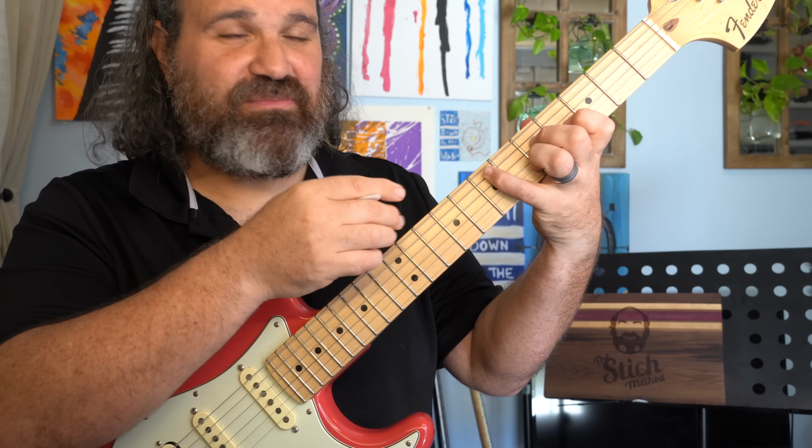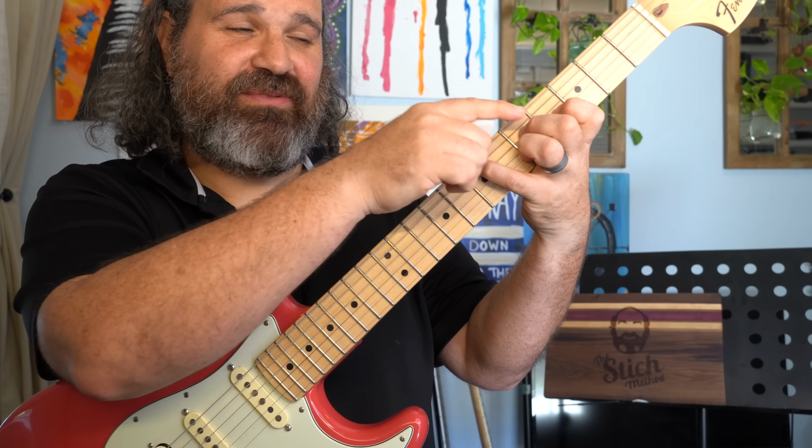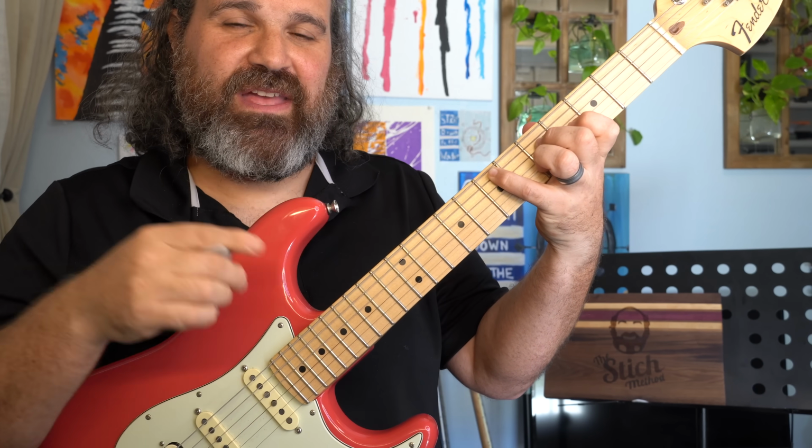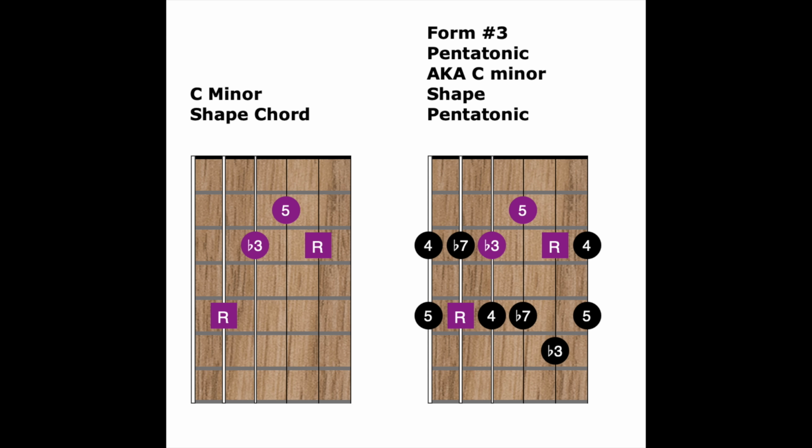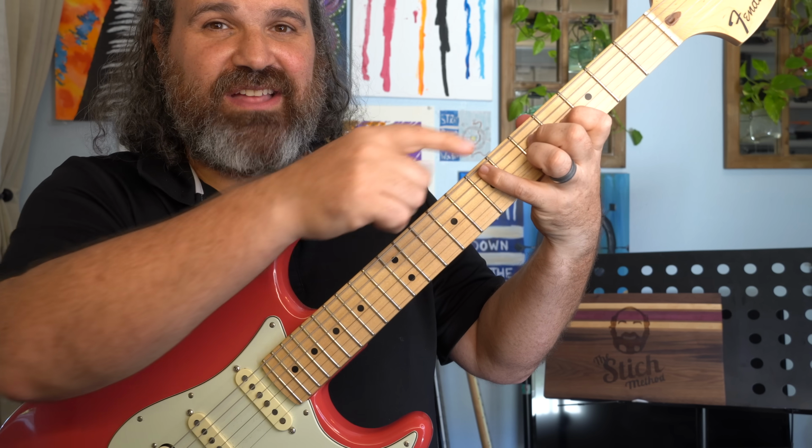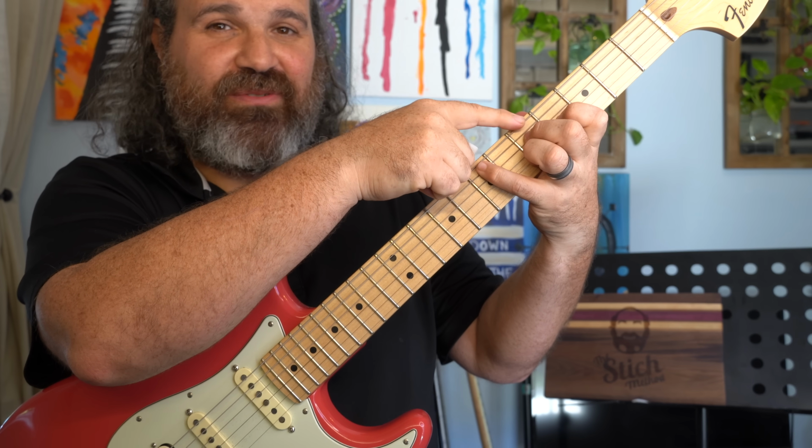Now, these dots represent intervals, just like I said: 1, flat 3, 5, and 1. And in the minor pentatonic, you can see those intervals are in it. And so this chord shape, the C minor chord shape, always goes with a form 3 pentatonic, which is this. Now, before I get there, actually, it starts on the fret where your middle finger is, right here in the